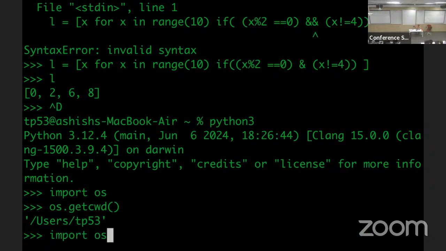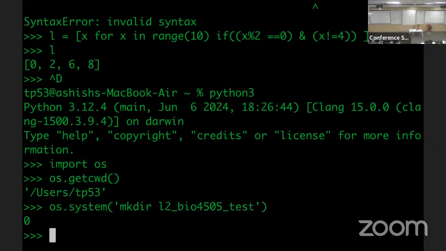So I'm going to create a directory by typing os.system mkdir. This was to create a folder or a directory. So I'll say whatever, L2, right? So it output 0. 0 means, if a command executes successfully, it will output 0. And if I do this,